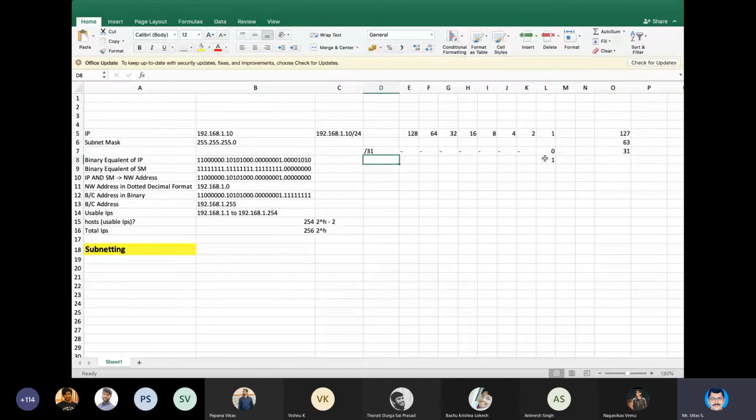Sir, there are only two options, and in that one goes to network address only. That 0, the first thing. So we are left with only one IP, and when we have only one IP, there is no need for a network. Okay, Priyadarshan, that's a wonderful answer. That's the exact correct answer. Let's clap for Priyadarshan.